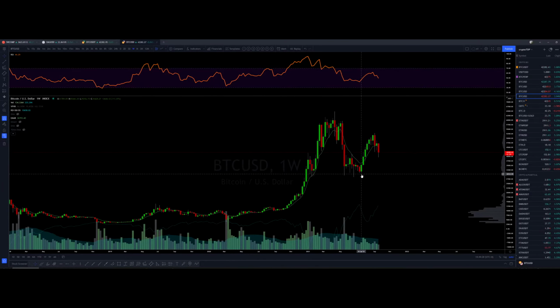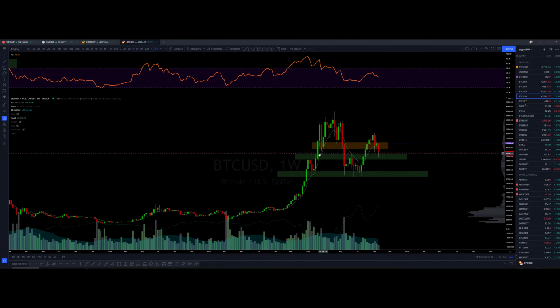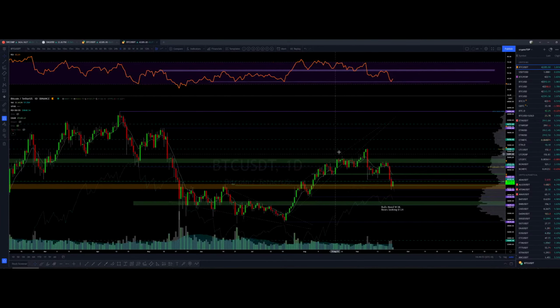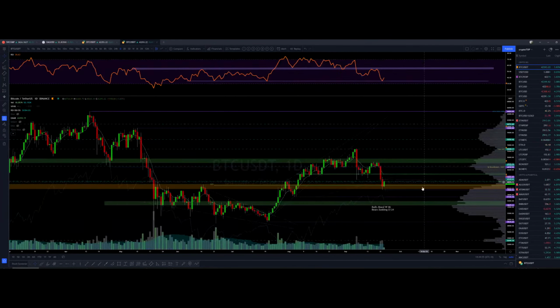But the bullish scenario is basically this could be our weekly high, because this zone here could be our weekly high low, and if we start uptrending on the daily, which we are not right now, we are downtrending on the daily. So right now there is no swing bullish plays.